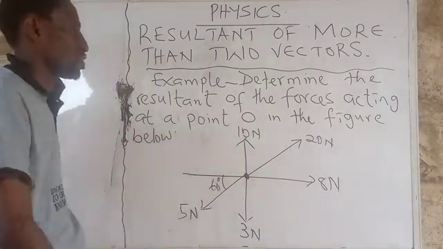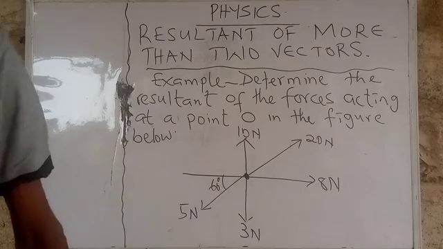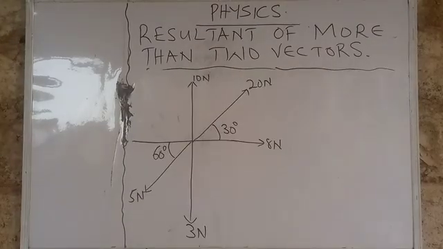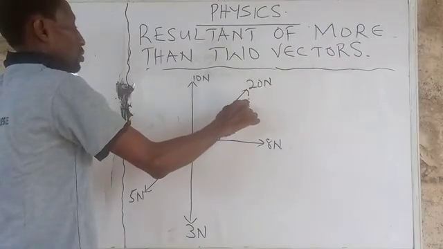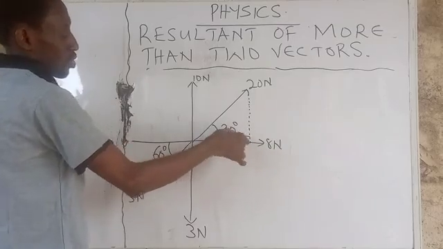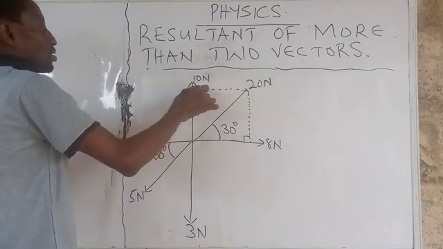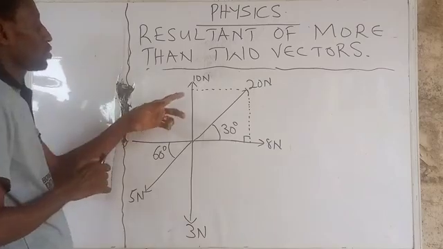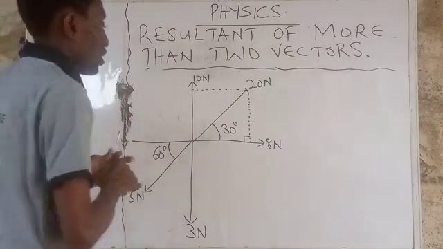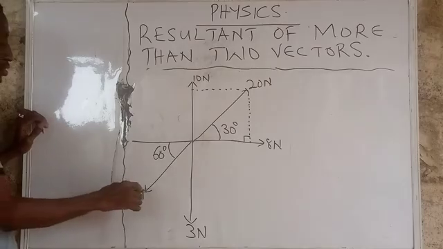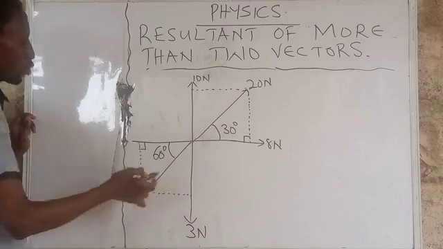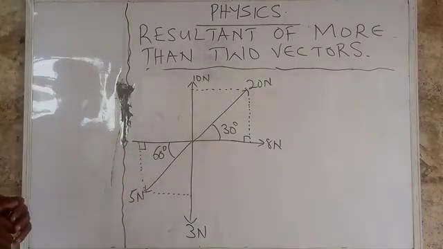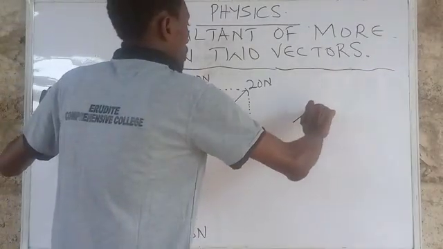How do we do that? We shall observe that in the next slide. So as you can see on the board, we have to resolve them. So this 20 Newton has horizontal component towards 8 Newton and it has vertical component towards 10 Newton. So as it is, we can also look at this 5 Newton. It has horizontal component and then it has vertical component, which is in the negative side. So for this one, we can bring out a kind of a triangle